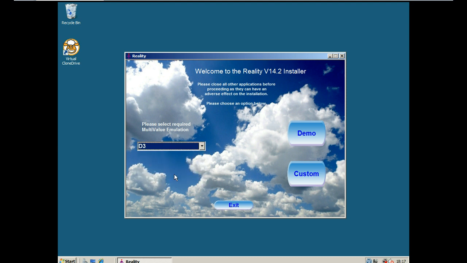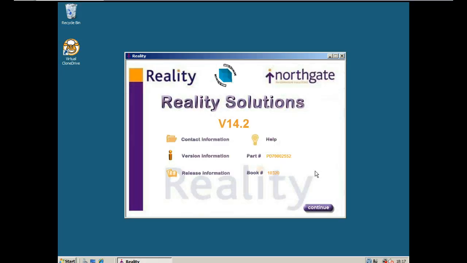Now, if we chose to select the demo button, it would install a complete demo version of Reality for you, together with a very small database so you could start to play immediately. Today, we're going to actually take the custom installation method, and we'll take a look at how we can install just Reality from that environment. So we click on the custom button, and what's now going to come up is a series of menus to choose